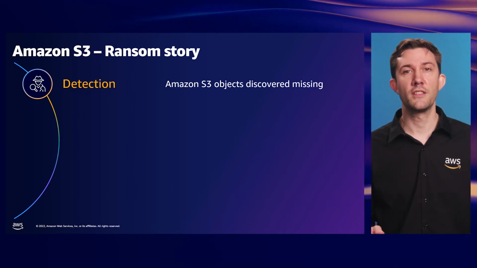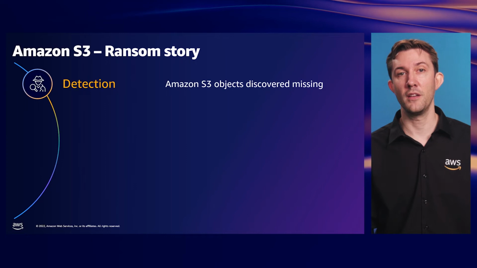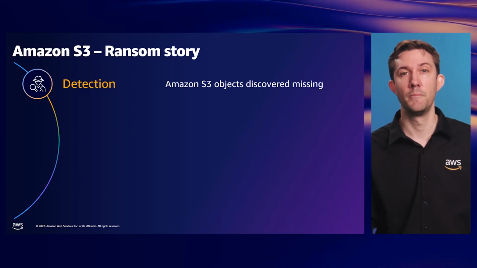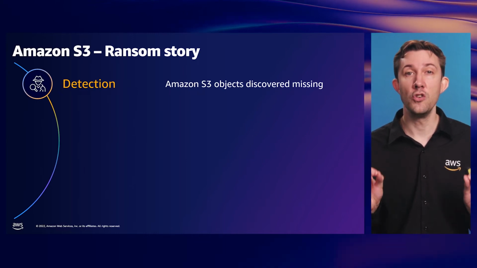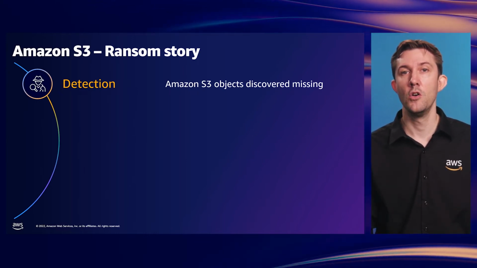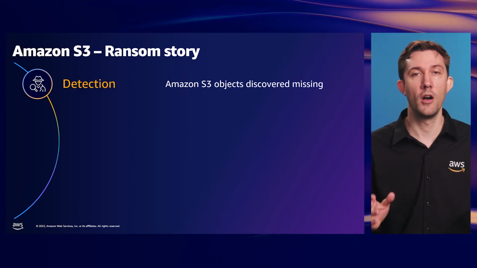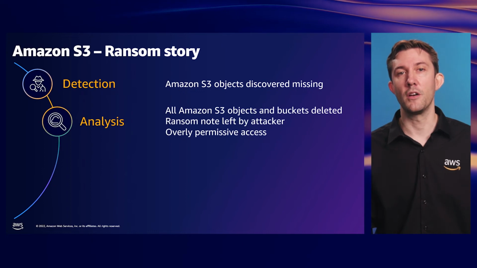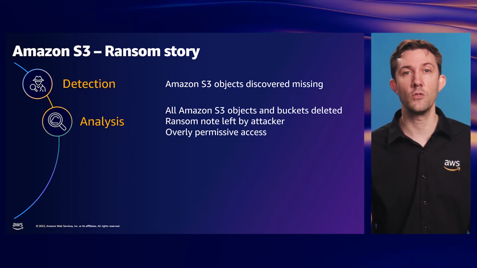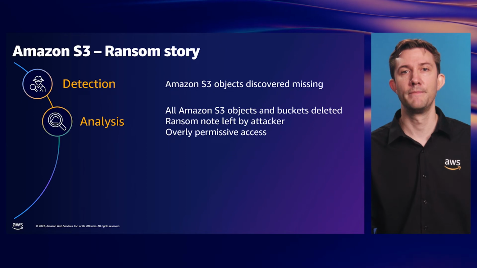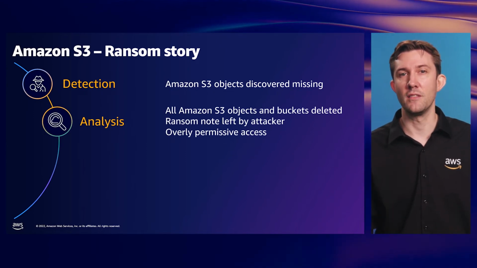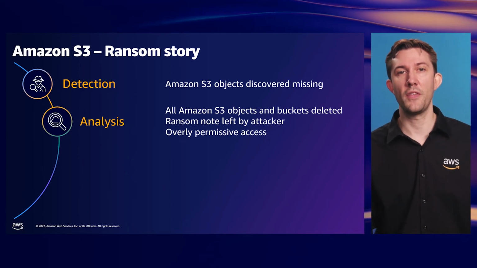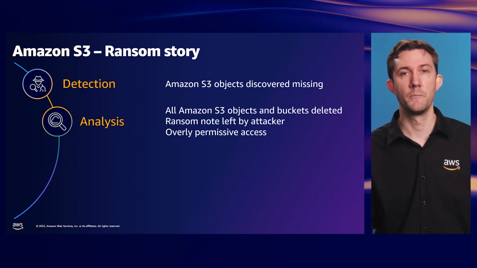Before long, she discovered not only were the list files missing, but the entire bucket and everything in it had been deleted. In its place, a new Amazon S3 bucket was created with a single object, a ransom note. The note was asking for payment of some Bitcoin, or else the attackers would release the data they stole. Now, without S3 data events, she had to rely on cost and usage reports to make a guess at whether the attacker had stolen the data or not.